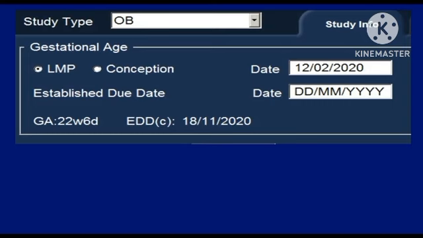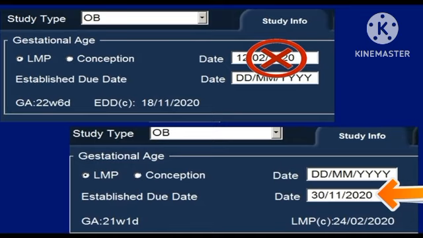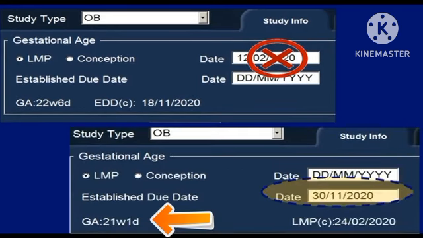Now if you go through the previous reports and the EDD which was assigned is different from what the machine tells you, then you should not enter the LMP, but enter the expected date of delivery and leave this column blank, and then it tells you that this is actually a 21 weeks 1 day pregnancy and not 22 weeks 6 days.